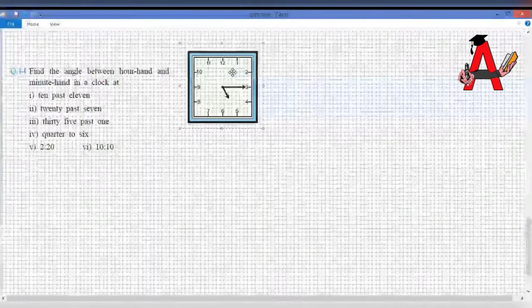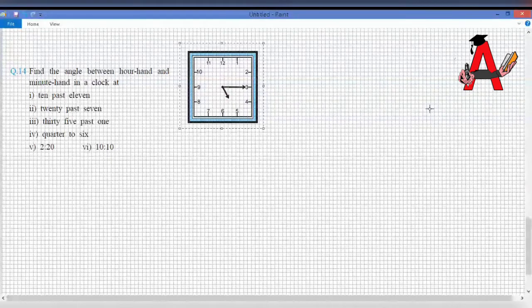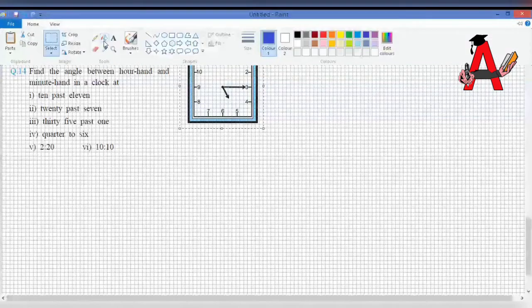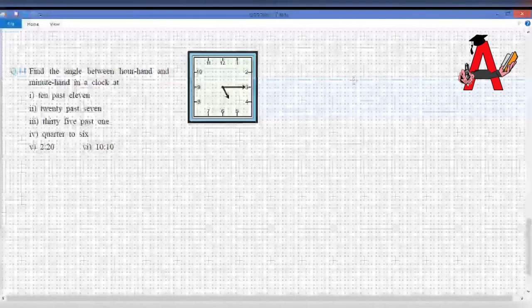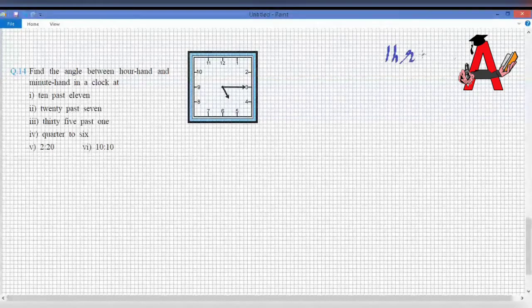Suppose this is a clock. In the clock, there is a minute hand and there is an hour hand. For your purpose, you should only remember two things. First is, you should remember that 1 hour for the hour hand is equal to 60